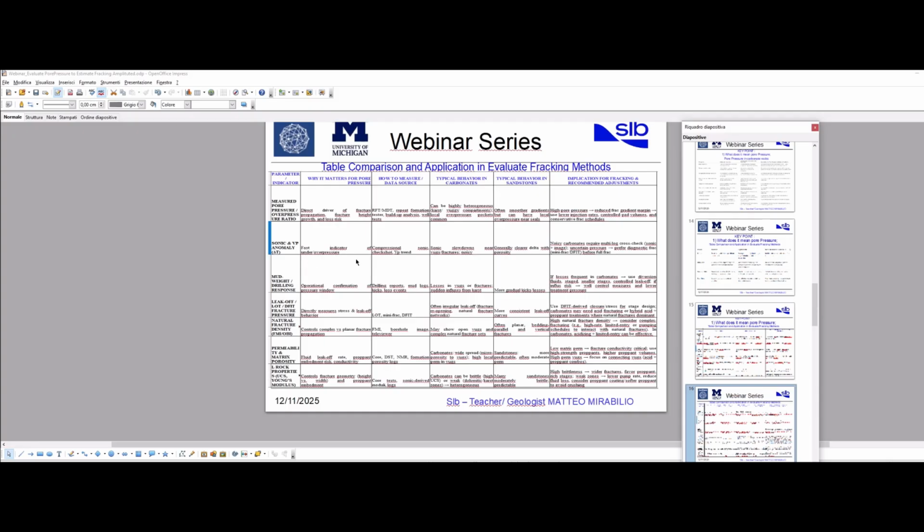For example, sonic logs and VDL anomalies are a fast indicator of overpressure, and you have several implications for fracturing and recommended adjustments. In this case, when we have abnormal values of sonic